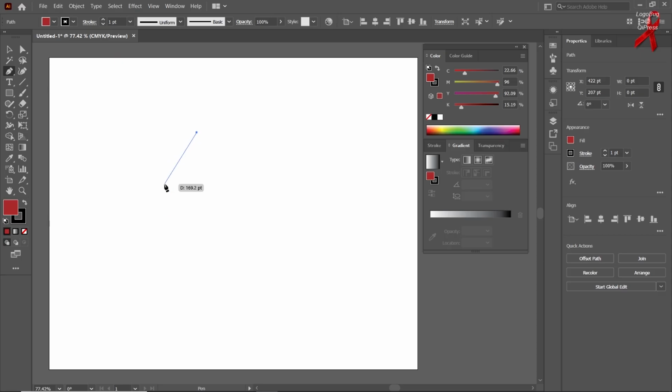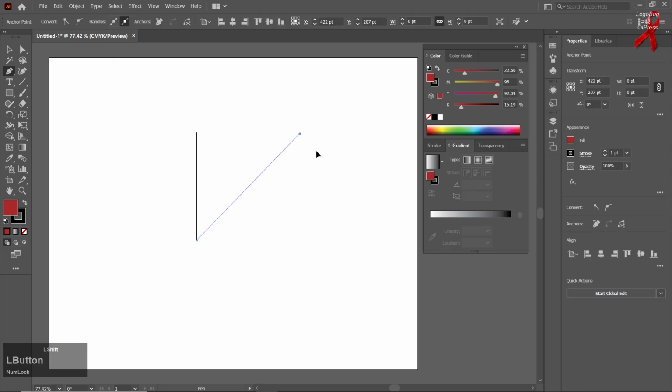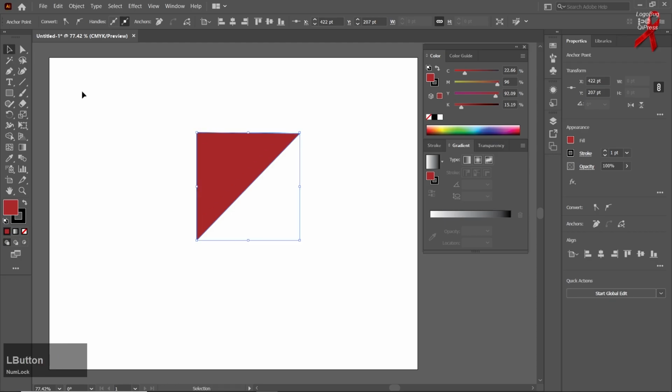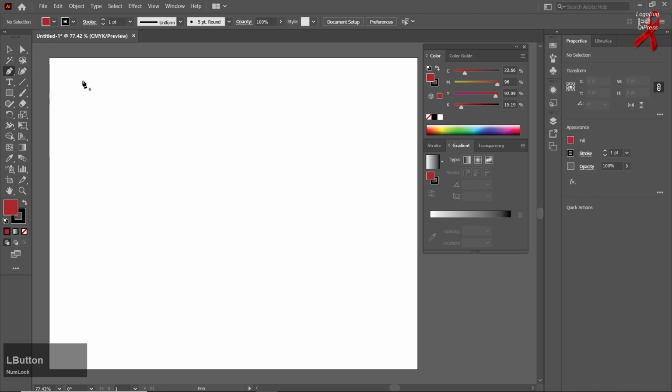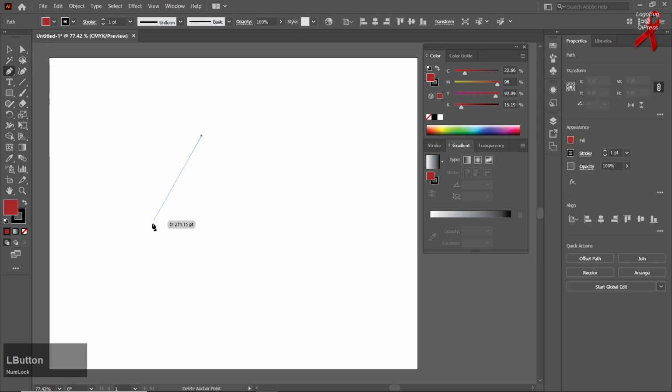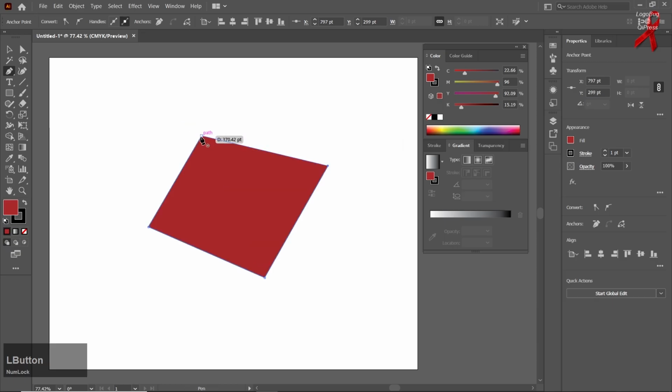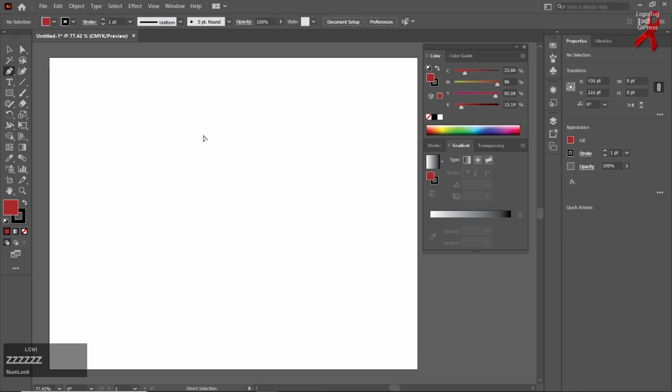There are also some shortcut keys while using the pen tool. If I hold the Shift button on the keyboard and then use the pen tool, see, this is going so straight. See, that is working in a straight way. And when I do not hold the Shift button, I do not have any control. So if you want to have control over your design and your shape,